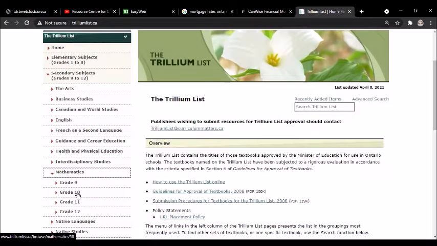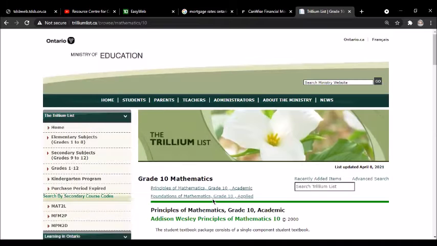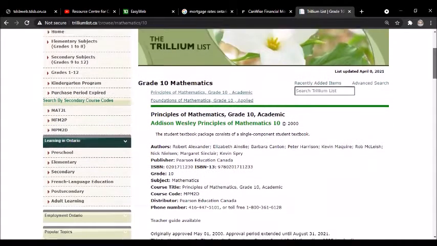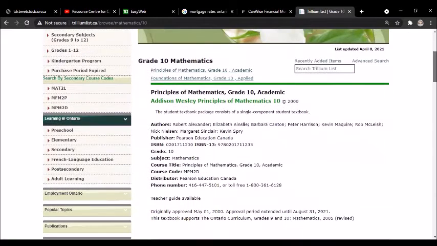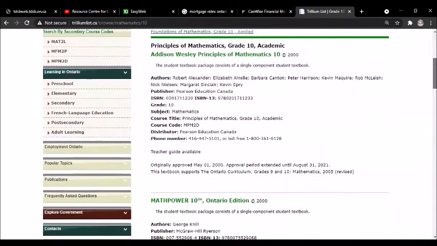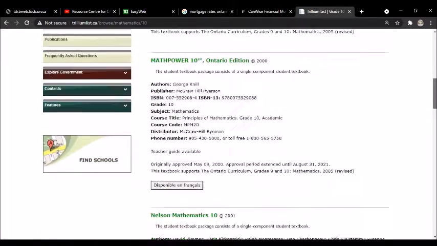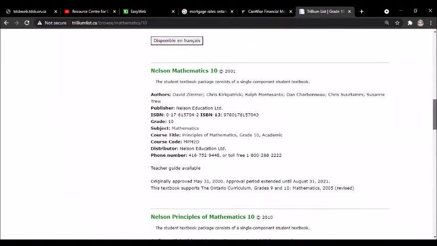So we've got grade 9, 10, 11, and 12. Let's click on the grade 10 option there and see what is approved for teaching grade 10 mathematics. So up here at the top, we've got Principles of Mathematics grade 10 academic, Foundations of Mathematics grade 10 applied. So this lists all of the textbooks and publishers of those textbooks that are approved for teaching of mathematics grade